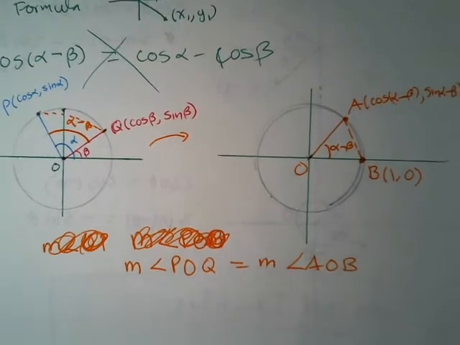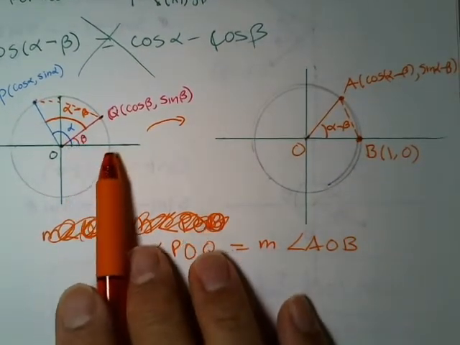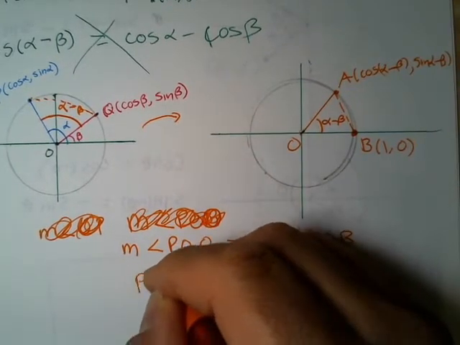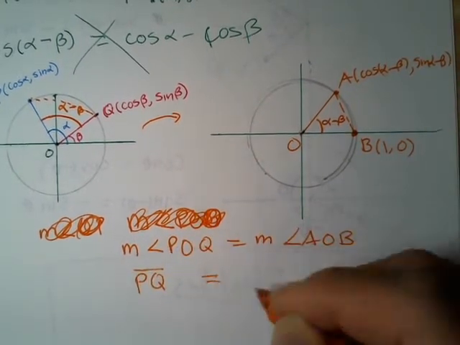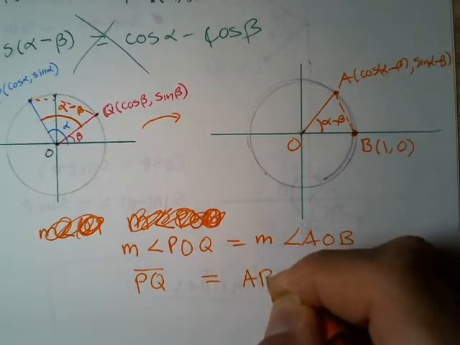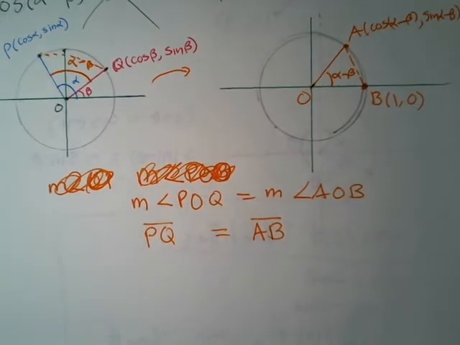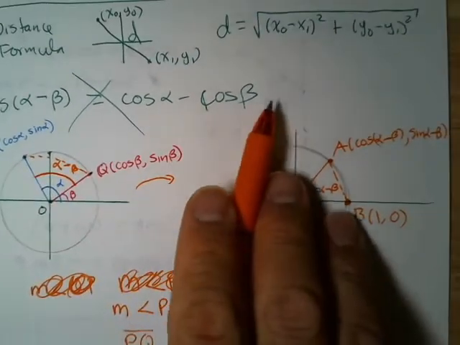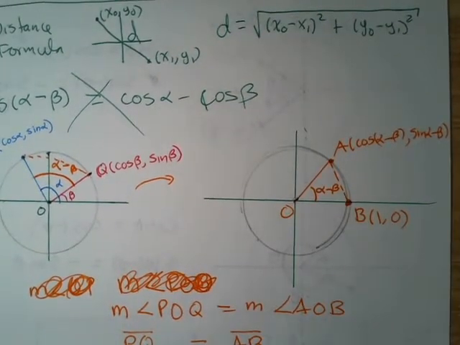Okay, so if the measure of the angles are the same, then the chord, or the line segment PQ, has to be the same as the line segment AB. All right. Well, I know how to calculate the distance here, right? That's where I use the distance formula. All right. So I'm going to set up here the distance of